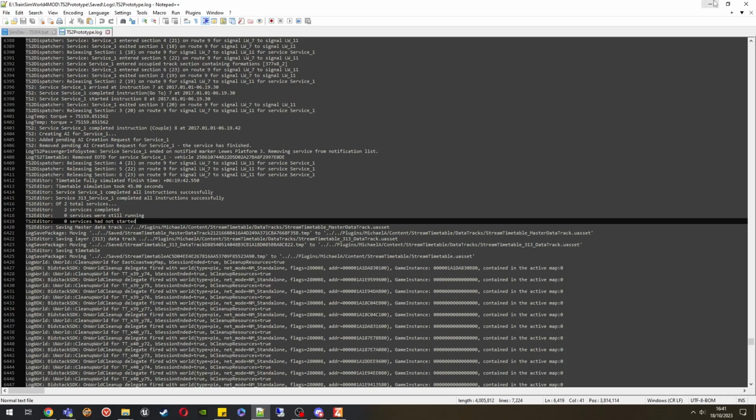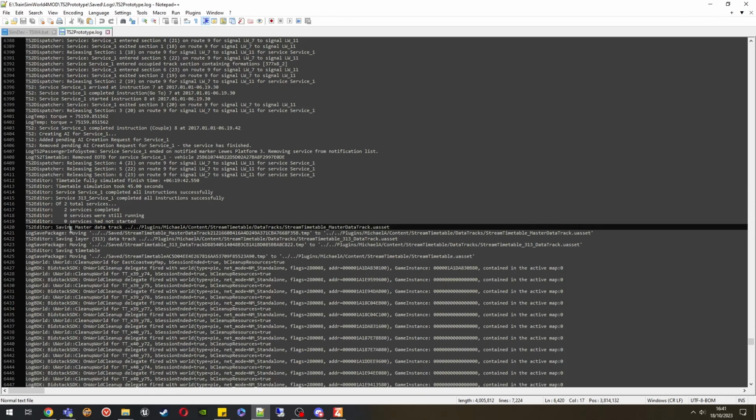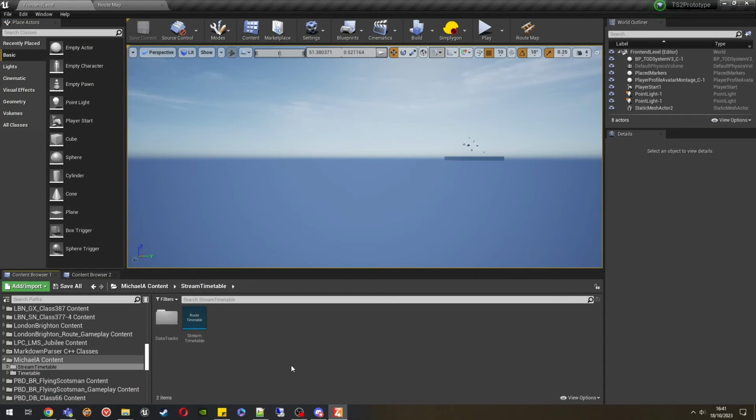So if we have a look here, we have the master data track for the main part of the timetable for the 377, and we've also got the data tracks for the layer as well. So great stuff. That's good news. If we minimize this for now and go back to the editor,